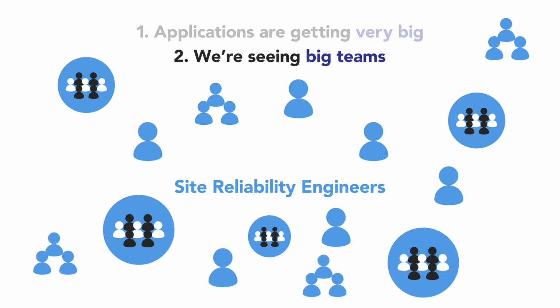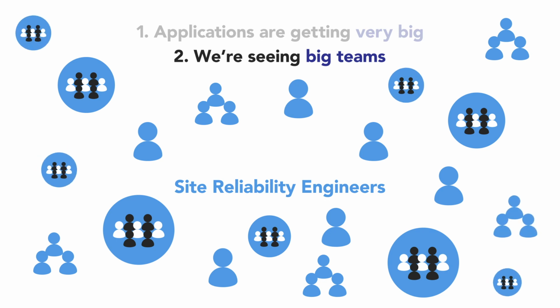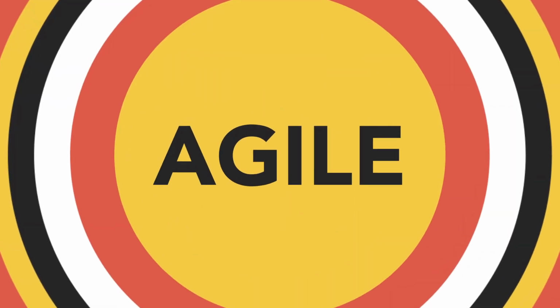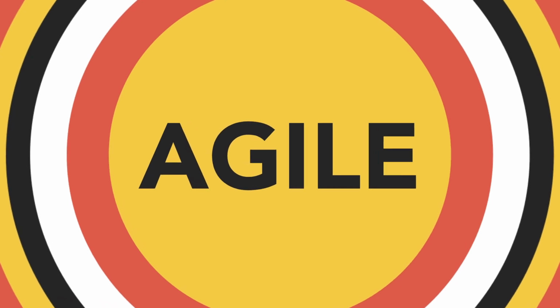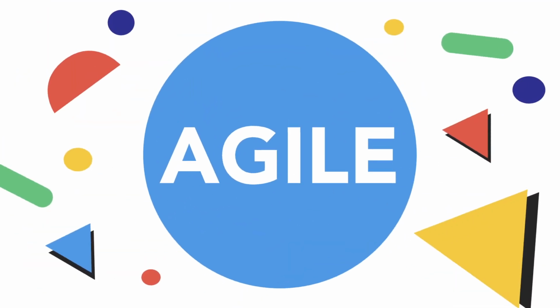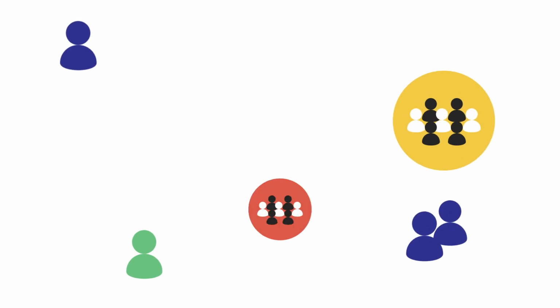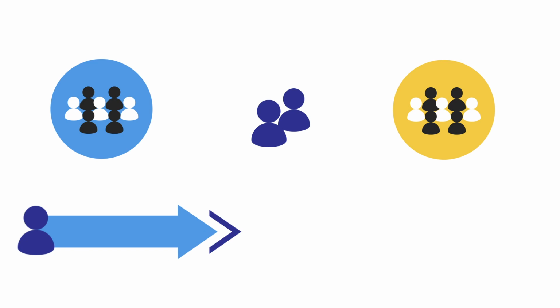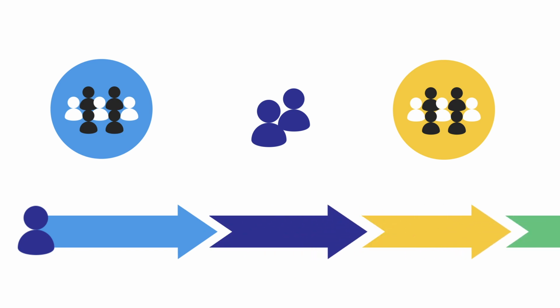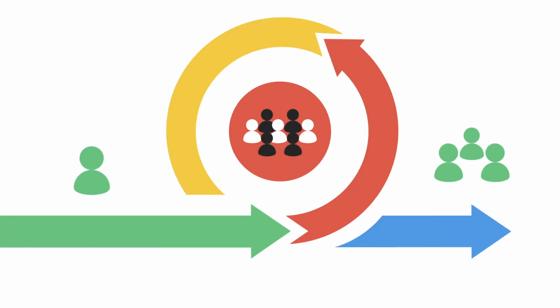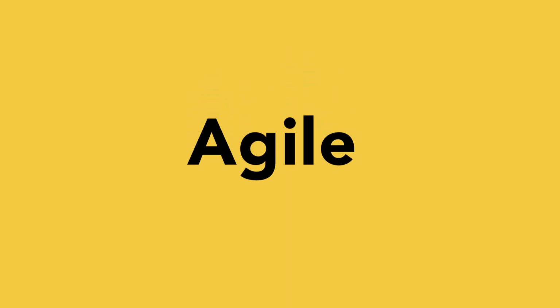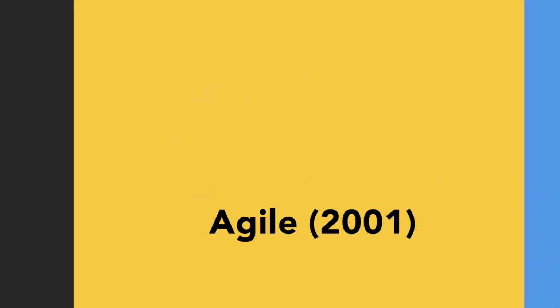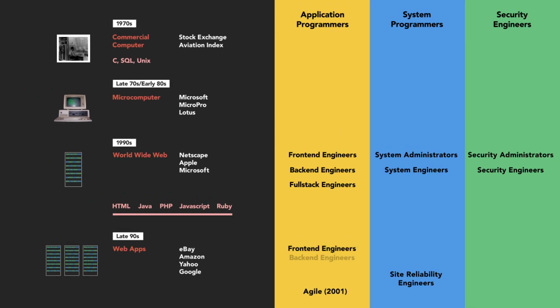The second problem, that teams are getting too big, really gives birth to Agile. Agile has been around since the 70s, but it becomes much more popular in the 90s. Agile is about coordinating the work of these large numbers of developers to ensure they're building the same big application without breaking it, in a way that embraces the rapid change of pace we've seen so far. It doesn't get called Agile officially until 2001. So, we've still got front-end, back-end, and full-stack engineers, but now they're often working in agile ways.